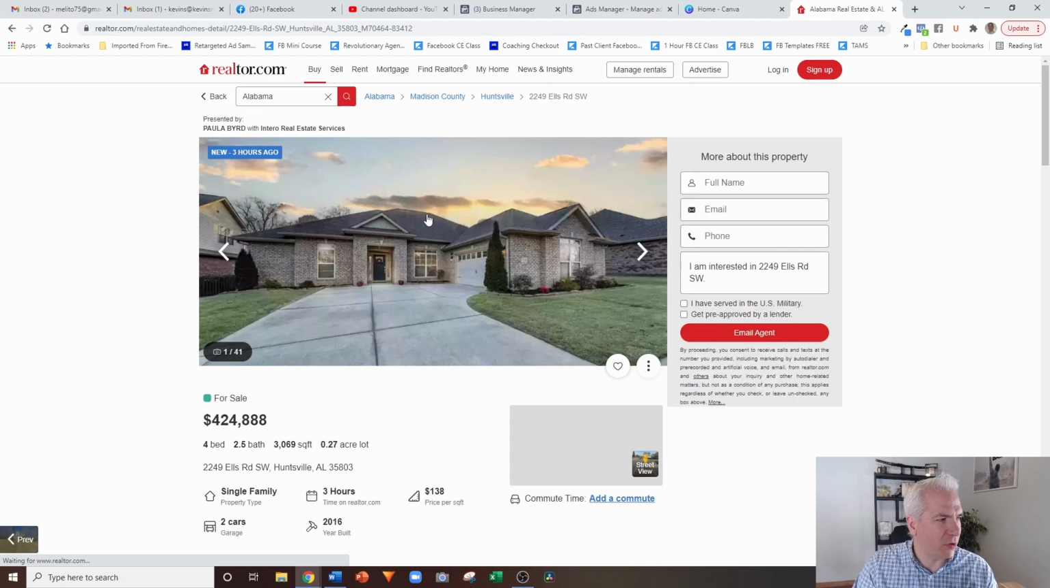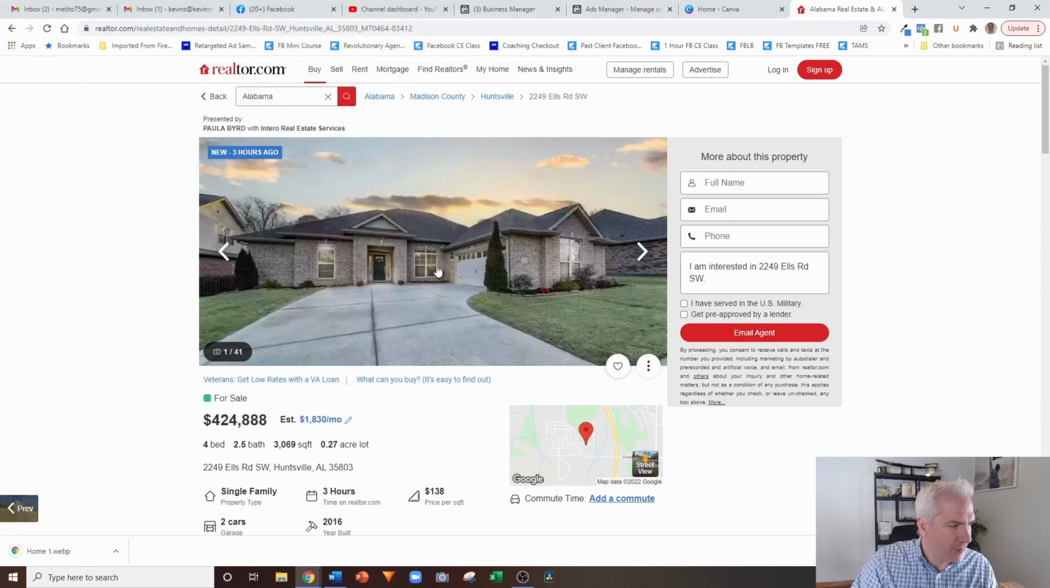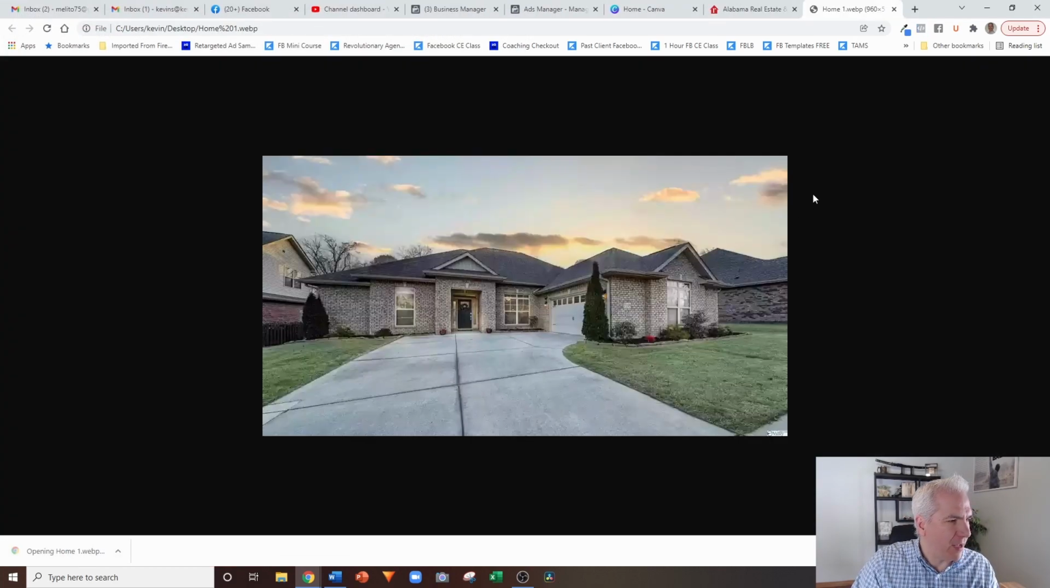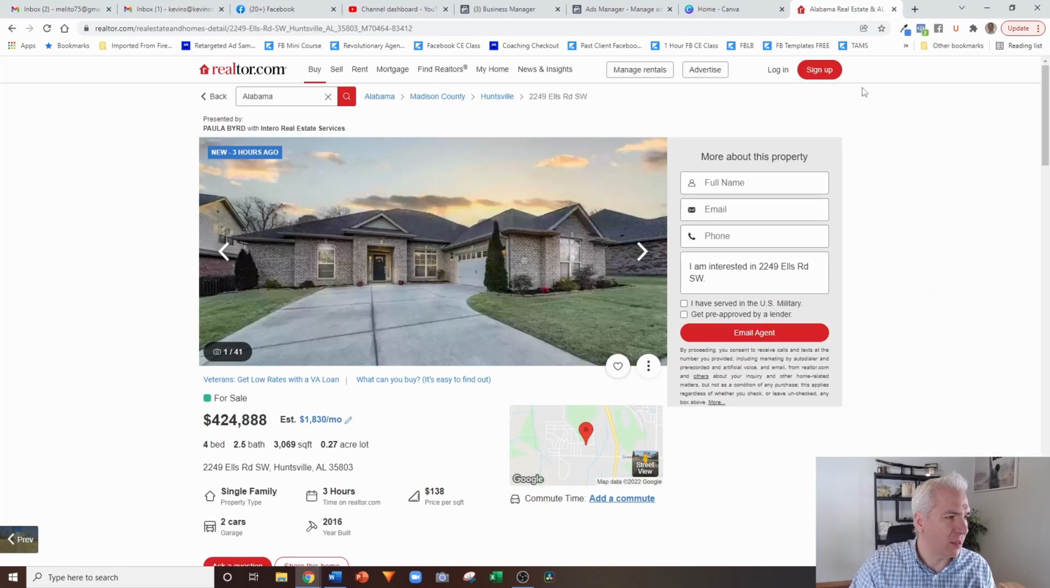All you're going to do is pull it up. You would just right click, save image as, and you could call it home one or whatever, right? So now I've got that image that I've saved. And the reason that I like using actual images of homes that were on the list